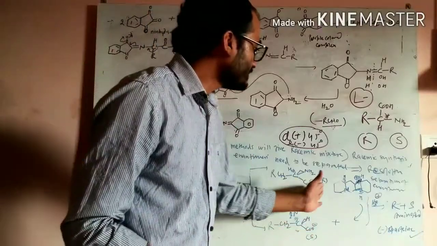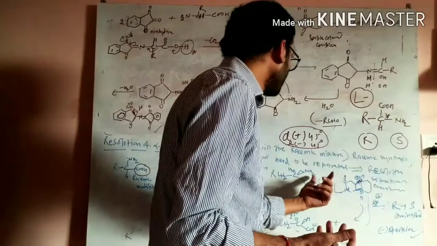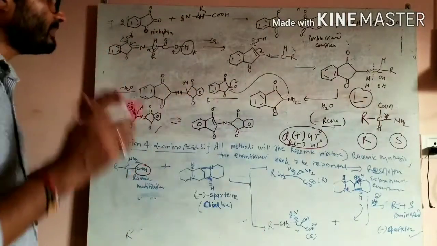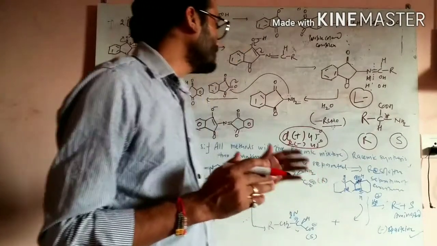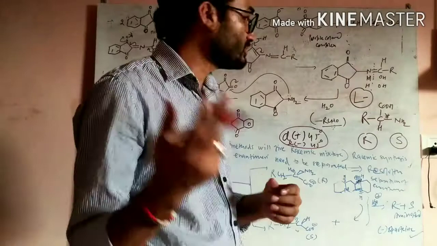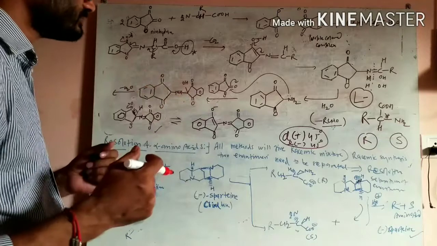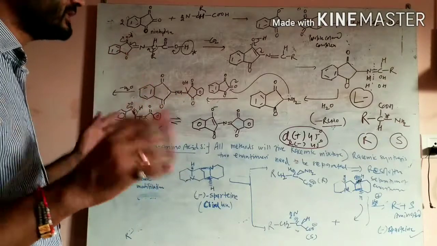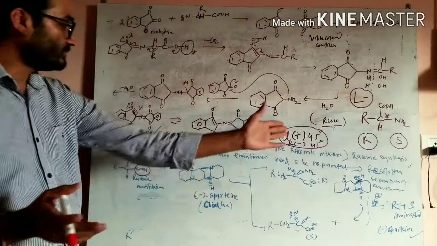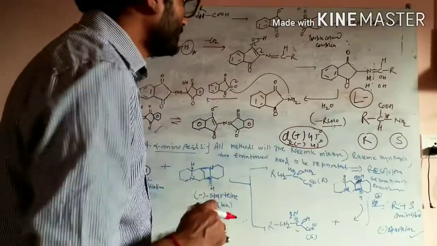After separating them, hydrolyze them, simply acidify them. So if we acidify them, it will get back its proton. So this form will give the R enantiomer, and we will have the S enantiomer. So this is the method for the separation of amino acids when they are synthesized. Because all the methods we have discussed will give a racemic mixture, that is racemic modification. So all the methods we have discussed are racemic methods. They are not chiral synthesis of the amino acids, they are racemic synthesis. So we have to separate them. So this is the method by which we can separate these enantiomers. Okay.